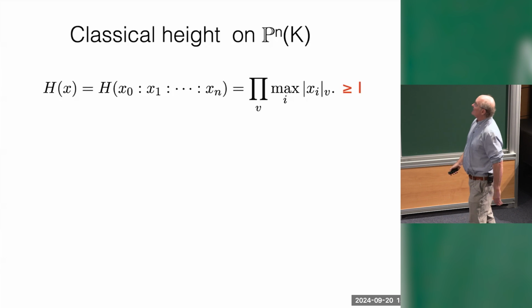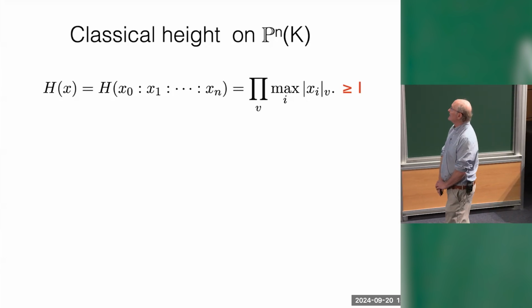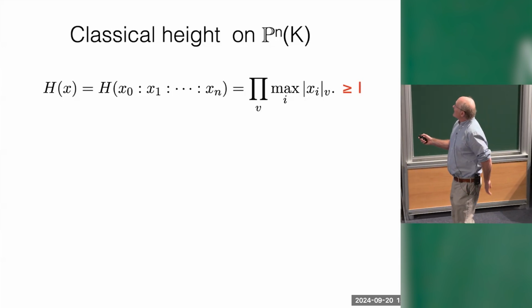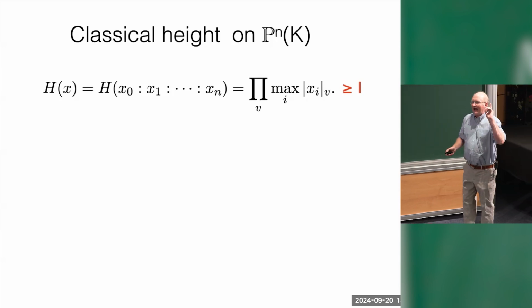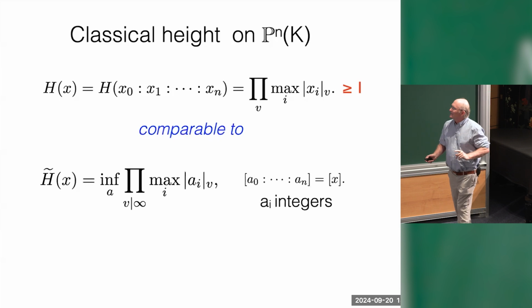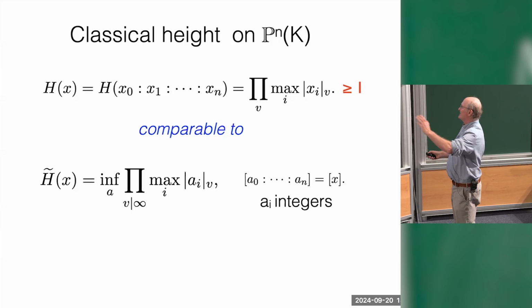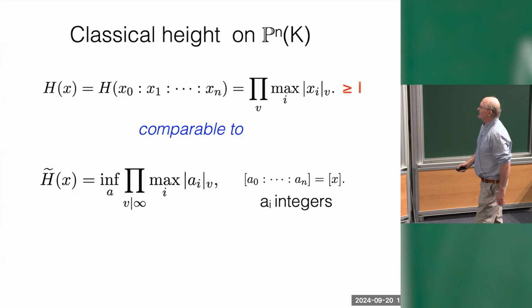And that's the classical and fairly canonical height for points on projective space. Well, I'm only going to need this on P1. Now, as an analyst, I don't really like doing these valuations at the finite places, but I do know what an integer is. So what I prefer to do is the following. I say, here's how I compute the height. I just take the infinite places of the field, the different embeddings into the real or complex numbers, and I use those valuations. I just peel off those terms in this product. Those are things that have geometric significance.